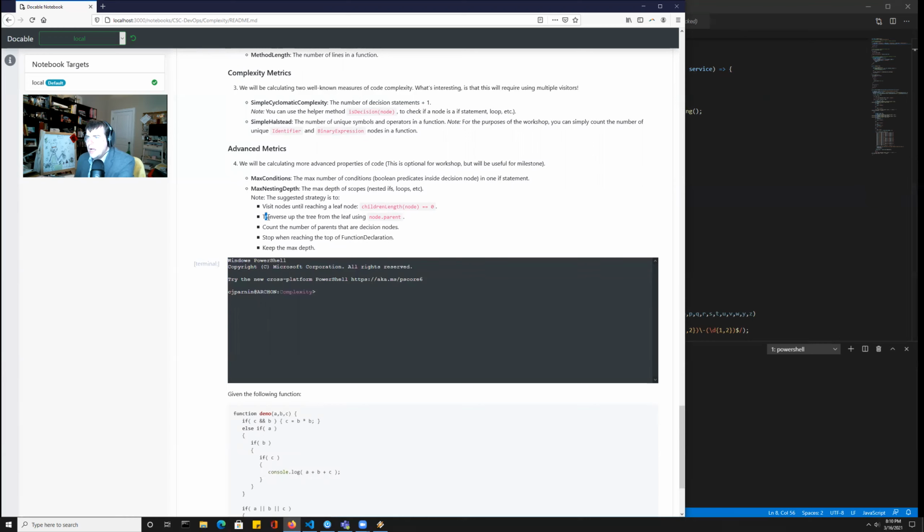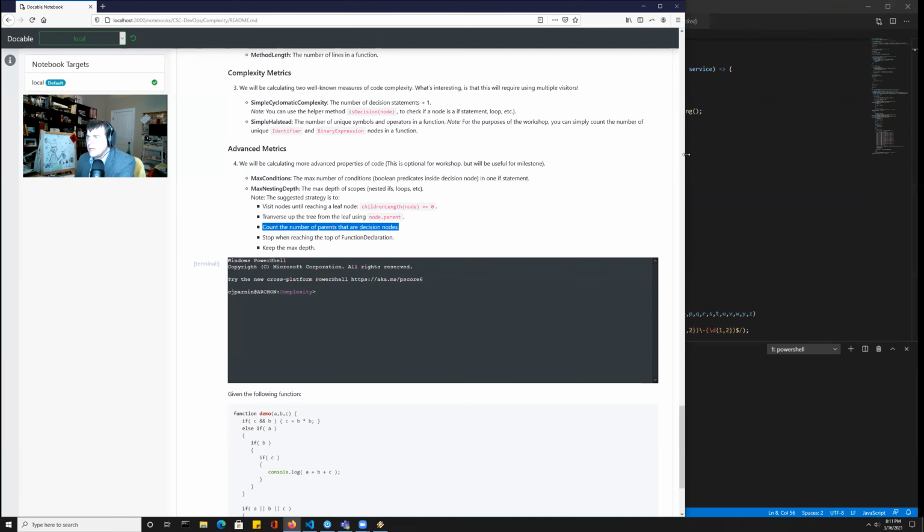Then you traverse back up the tree from that leaf node using the parent property, which is actually part of each node. Each node has a parent property. So this lets you climb back up the tree. And then you count the number of parents along the way as you're climbing up that tree that are decision